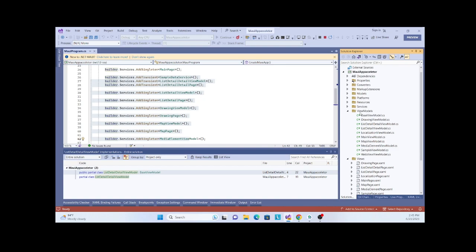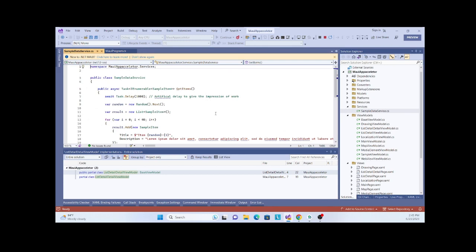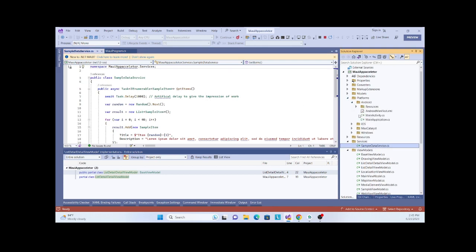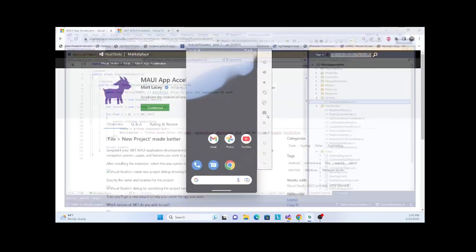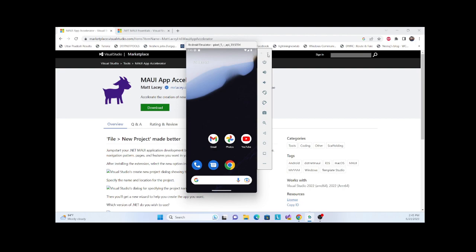MVVM model. Also services are created, like if you want to create any service, inject this. And also all the platforms which this supports will be available there, and the model is also there. So let's get started with how we can achieve and create this .NET MAUI application with the accelerator. So just stop this application, close it, and